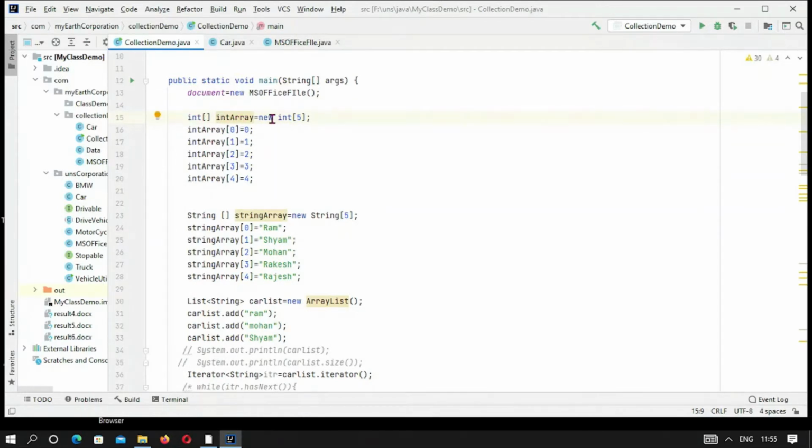This is the syntax of creating an array. This is the type of data to be stored. This is int, and this is the symbol for creating an array. This is the name of the array, and this new word will create a new array, and this type of int will declare the size of the array. And here the elements of